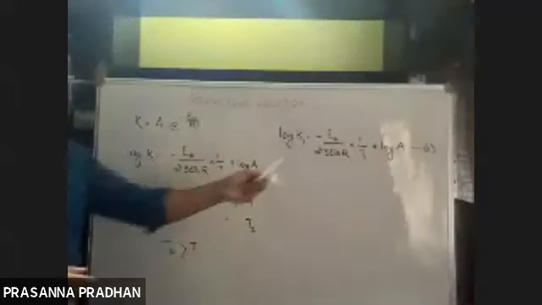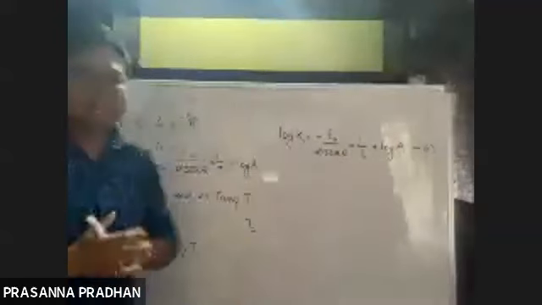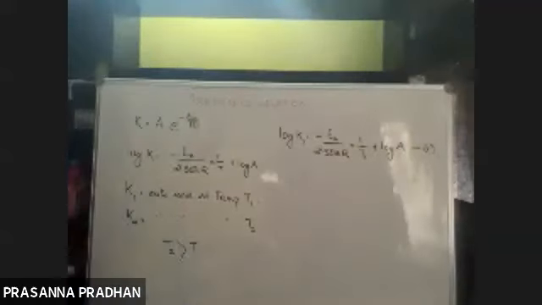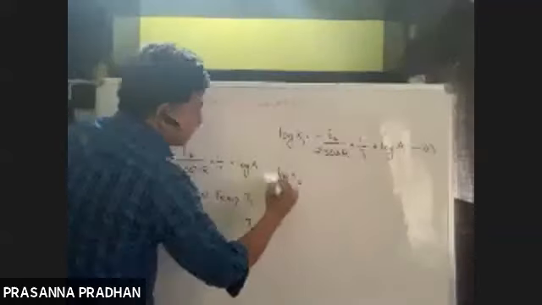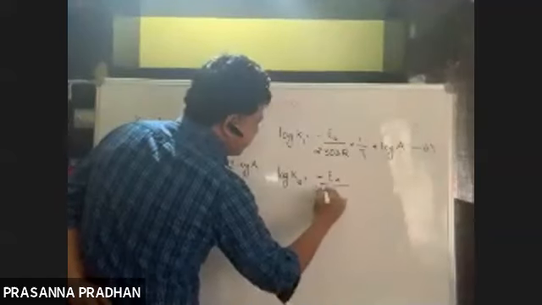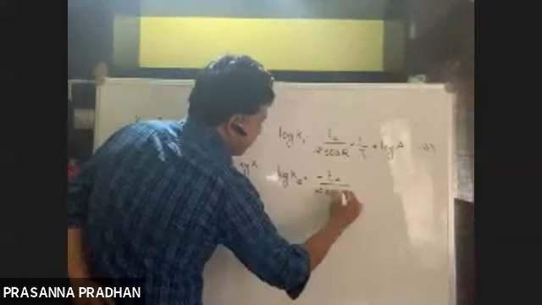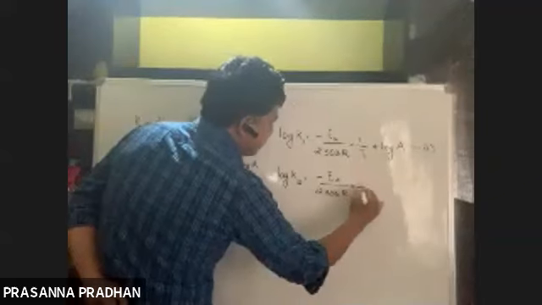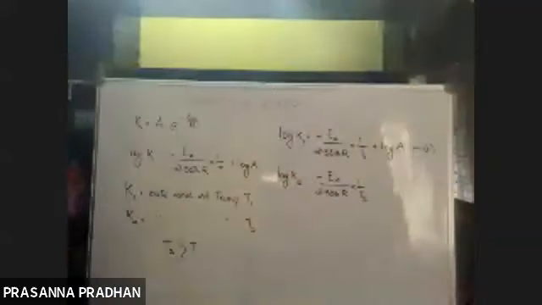Similarly, log k2 equals minus Ea by 2.303 R into 1 by T2